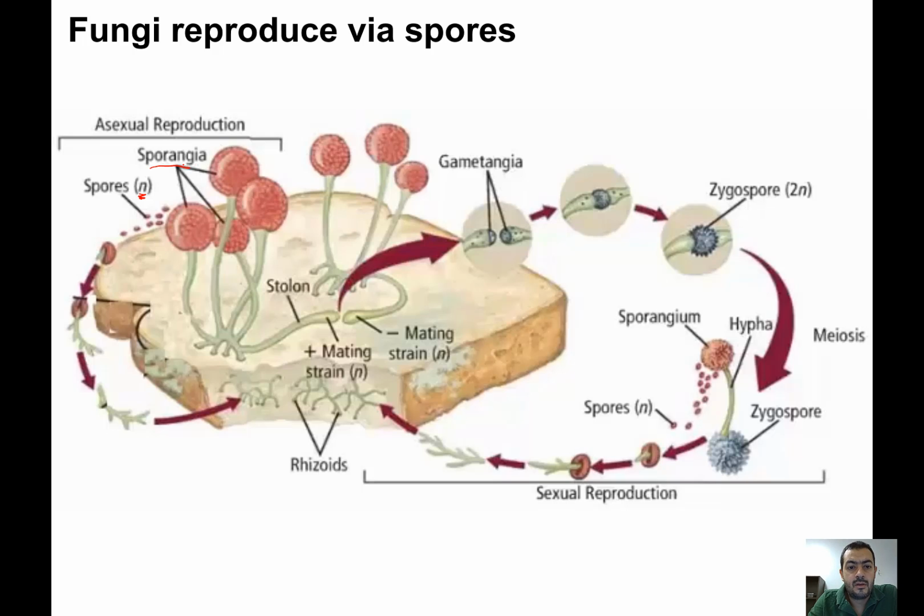The sexual reproduction is presented on the right hand side of the image. This requires the mating of two different strains, or in other words, two different types of fungi. As you can see here, the mating of one of the strains, referred to as plus, with a minus. Since each one is haploid, their mating will produce something like a zygote. This is a diploid structure. Then through meiosis, you will get